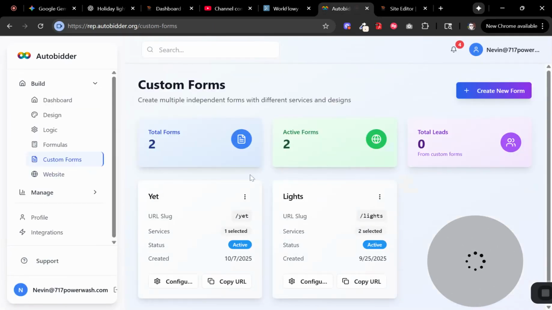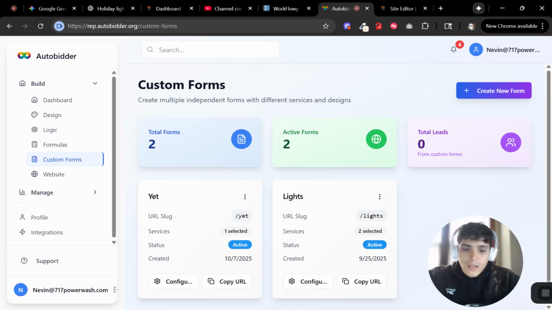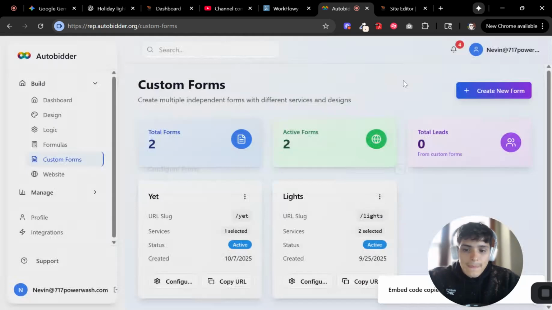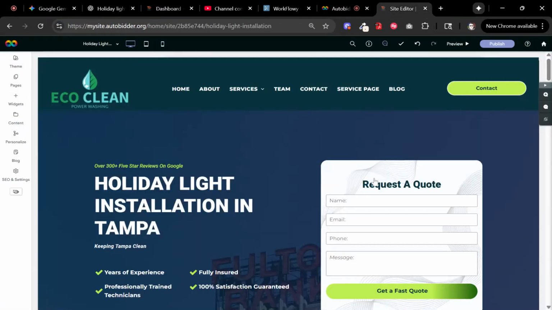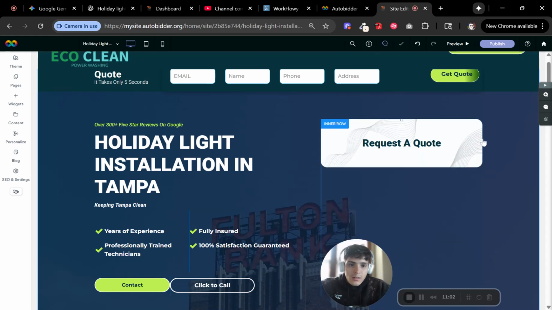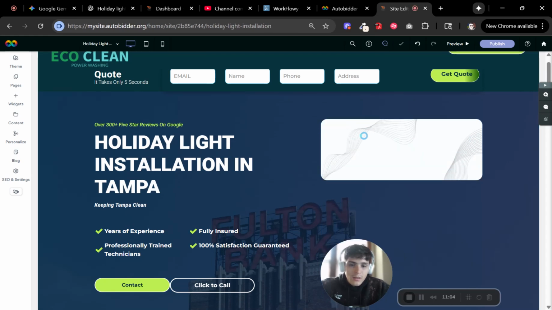Let's go back to custom forms. We're going to go ahead and click configure, and then we're going to grab this code right here. And then we're going to head back over to our site editor. And I'm just going to cut this right here, and I'm going to cut this. And I think I'm going to actually make this like a Christmassy background or something, but